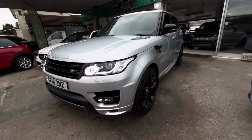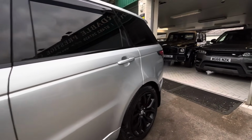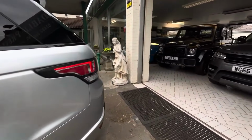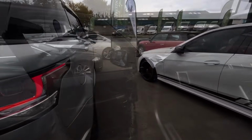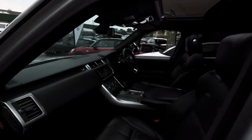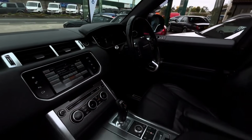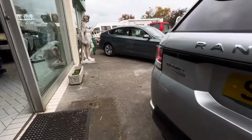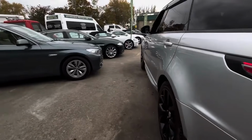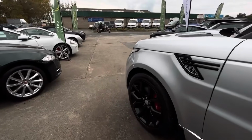Of course, the absolute laundry list of optional extras and features on these cars is far too much to go into here, and is part of the main reason why these were well in excess of £60,000-70,000 when new. But though we will touch on the most important ones, it has those self-levelling and self-washing adaptive xenon headlights with LED day runners on the front and LED lights on the rear, dual view touchscreen display with 4-zone climate control, that sliding panoramic roof, 12-volt power inputs with auxiliary, Bluetooth, InControl Wi-Fi, voice-controlled navigation, USB inputs as well, thanks to, and this is unsurprising for an Autobiography, a 19-speaker Meridian sound system,